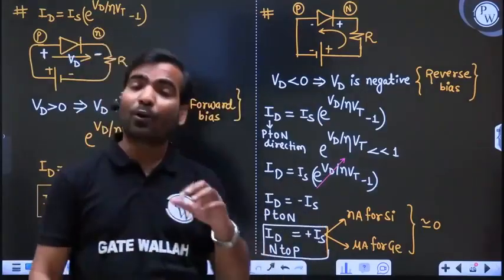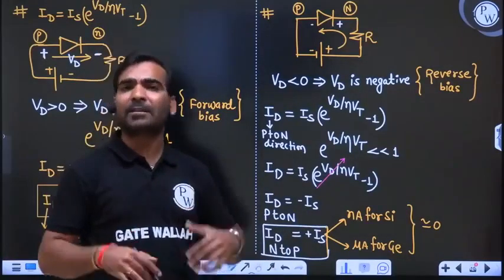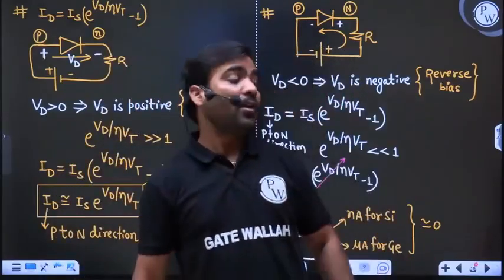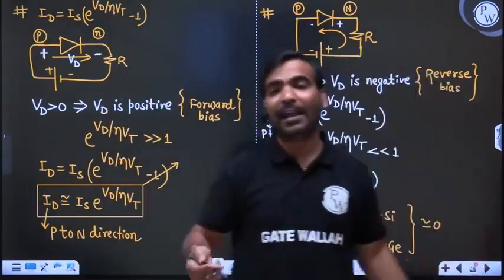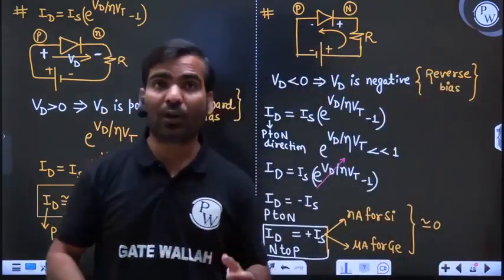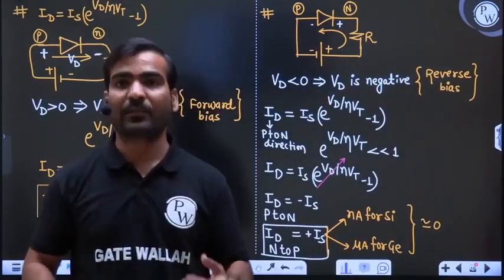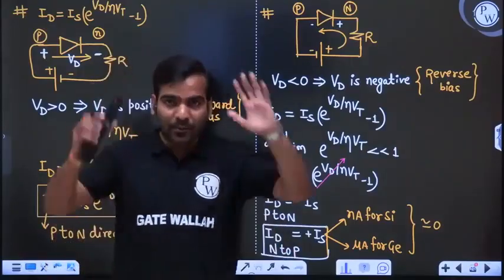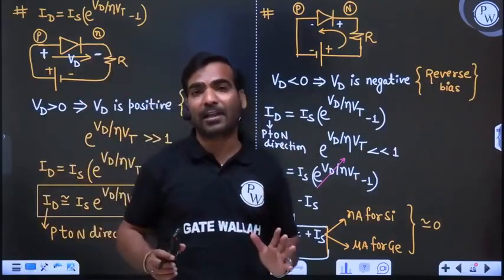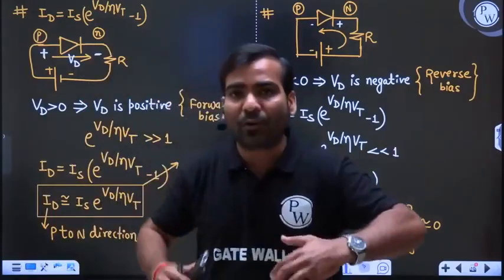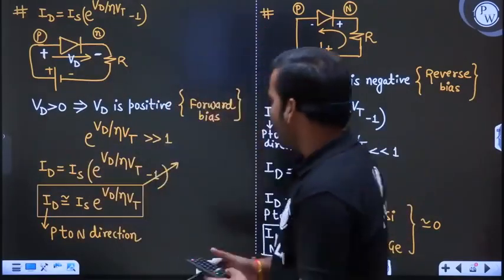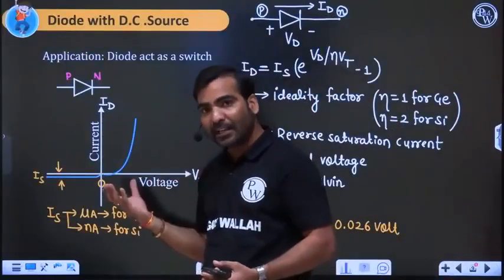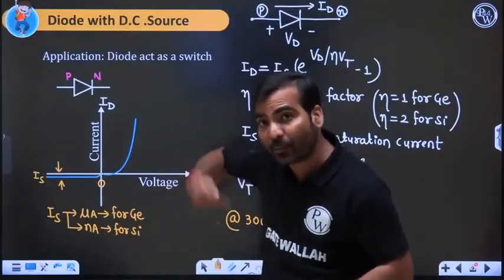Now the diode will be an open circuit in the reverse bias, because in the reverse bias how much current is there? Negligible current is there. Which element in network analysis has 0 or negligible current? That is an open circuit. So that's why, what is the rule now? What have you understood from this characteristics of a diode? The diode is speaking that in the reverse bias, when the voltage across me is negative, what is the meaning of negative? First of all, understand.